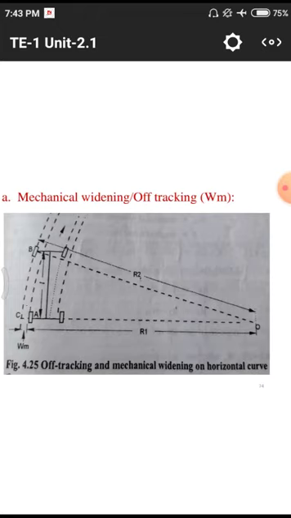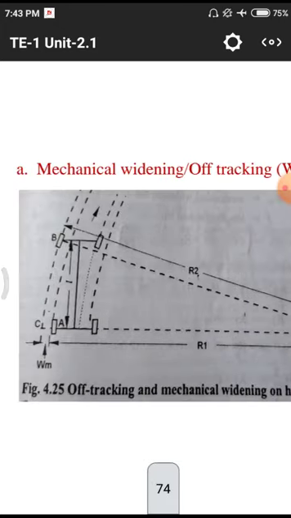so that we have AB. From that AB, the minimum length we are maintaining is 1. After that there is some point where we need extra widening. What is the extra widening?